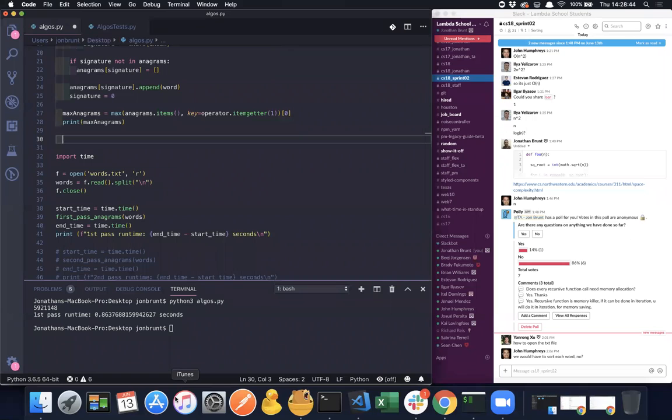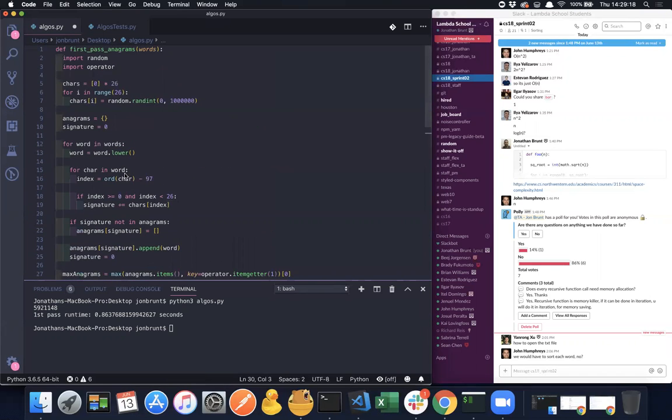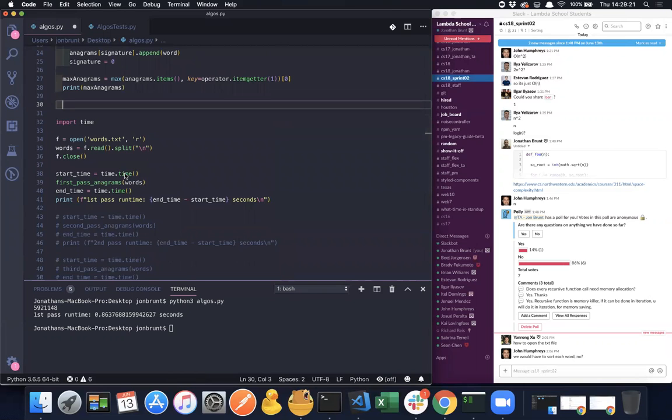All right, we're going to get started again. Somebody had mentioned earlier something, and they mentioned sorting the words. So if we sorted the words, remember it does not sort alphabetically, but it will sort them based on their Unicode. So if you sort anagrams, what you would end up with is it would be alphabetized because of the 1 through 26, but you would sort each of the letters. So that would be the next approach that we could take. So if we wanted to define a second pass